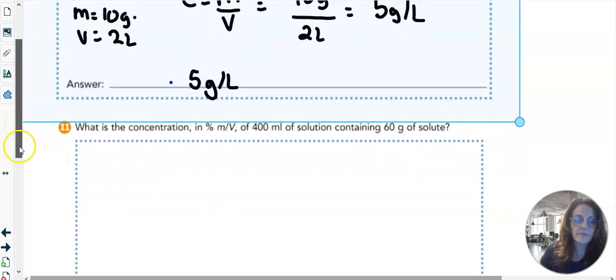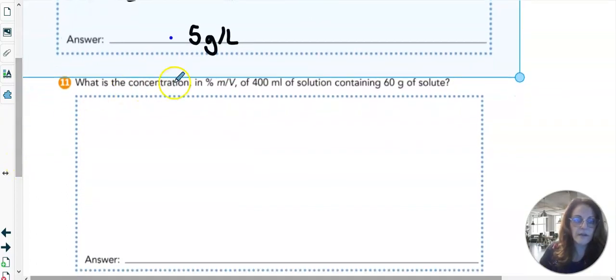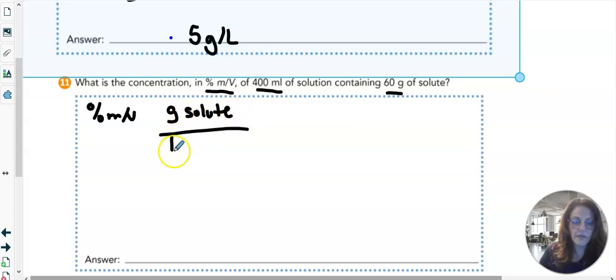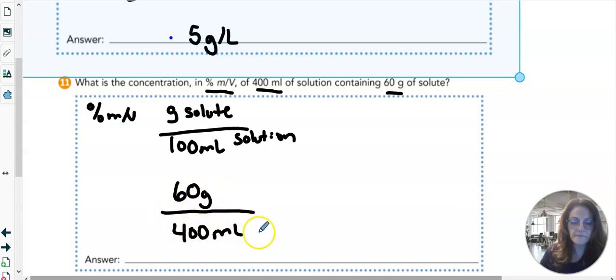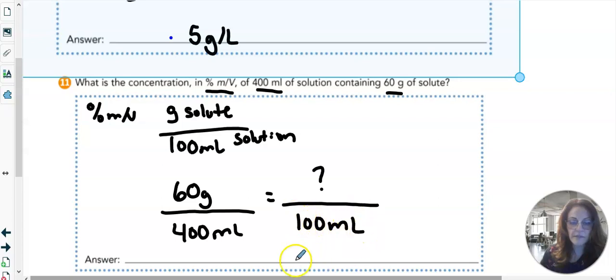And last, number 11, I know I'm skipping, but I'll invite you to do the rest on your own. What is the concentration in percent m/v of 400 milliliter solution containing 60 grams of solute? So that one, percent m/v of 400 milliliter solution. So we're looking at the percentage. So remember, a percentage, m/v, means a given amount of grams of solute over 100 milliliters of a solution. Okay? All right, so now my problem says I have 60 grams of solute over 400 ml. I want to know what's the percentage. So what's on 100? It really is like a percentage. So like you would do if you got 6